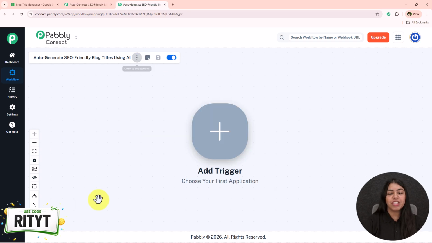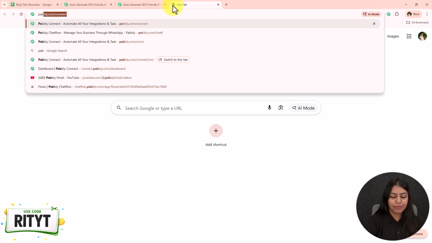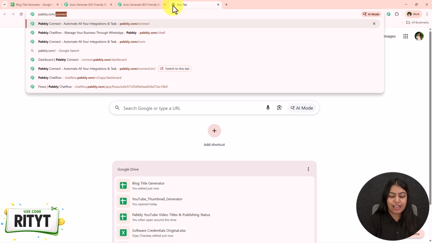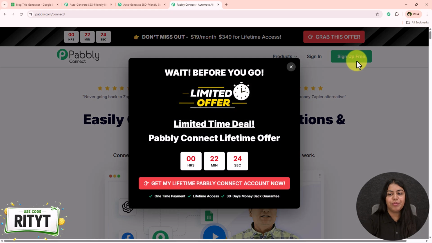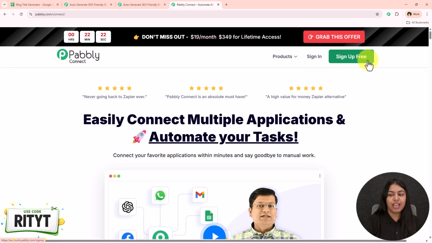So to do this, you just have to open your workflow builder inside Pabbly Connect if you are an existing user like me. But if you are a new user, open a new tab and search for pabbly.com/connect in your browser and open the landing page of Pabbly Connect. In the top right corner, you are going to see the option of sign up for free. So click on this sign up for free and you are going to get 100 tasks free every month